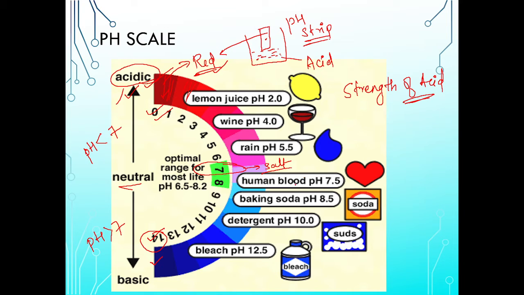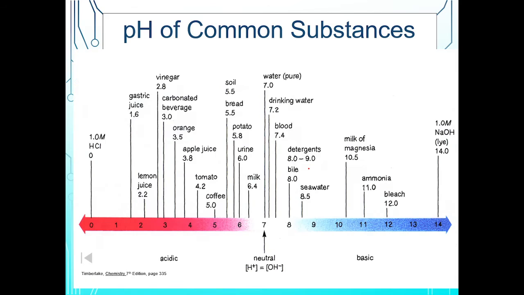So this is what we have already seen. Then we have seen the pH of some common substances, like HCl, whose pH is very low, that is 0, for a 1 molar HCl solution. Then your gastric juices, which along with HCl have other chemicals also released, that is your peptic juices. All that together constitutes the gastric juices. Hence the pH will be somewhere around 1.6.